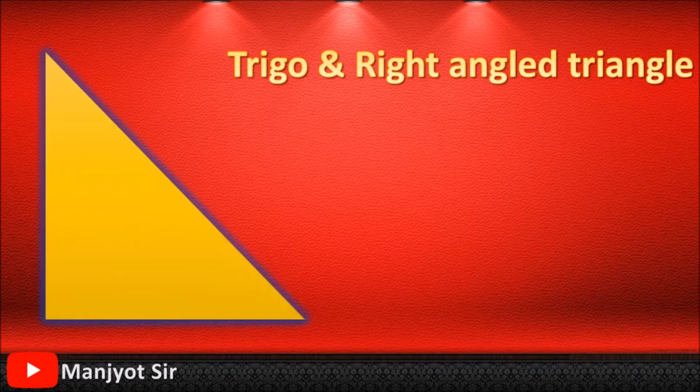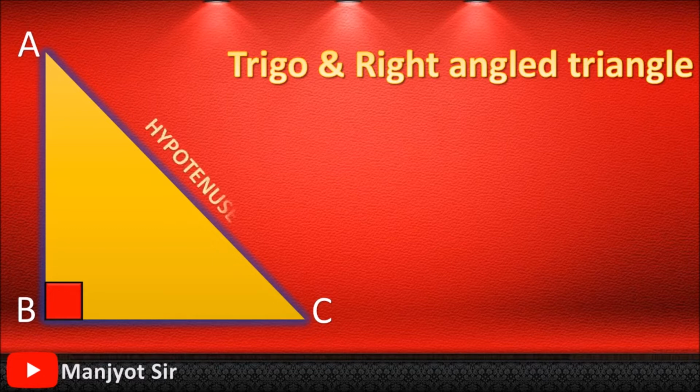See, if you observe here, we have drawn one right angle triangle. Let's name that triangle as ABC, whose angle B is 90 degree. Now, there are three angles: angle A, angle B, and angle C, from which one angle, that is angle B, is 90 degree. We all know the side opposite to the right angle is called the hypotenuse. So here AC will be the hypotenuse.